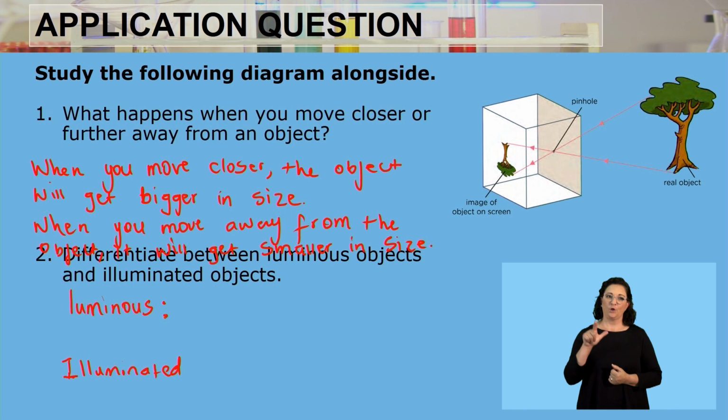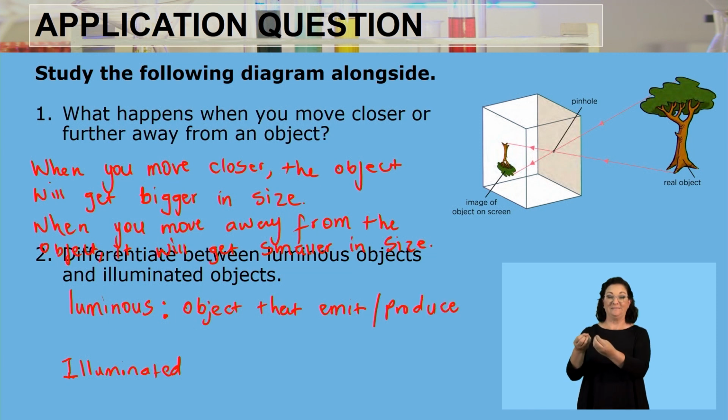Remember, luminous objects are objects that emit or that produce light. So any object that can produce light or any object that can emit light is said to be a luminous object. Now, an illuminated object, that's now an object